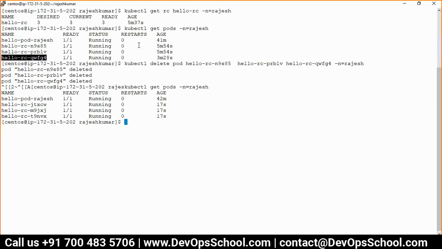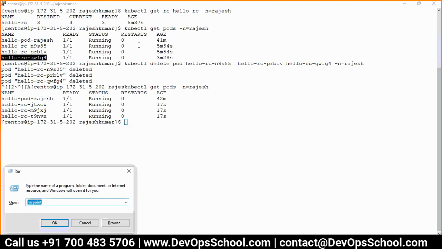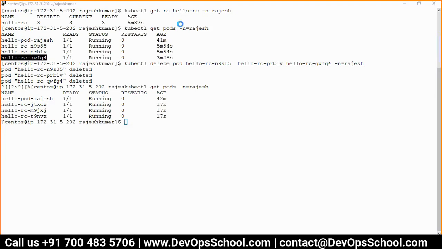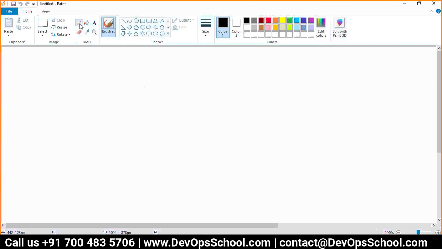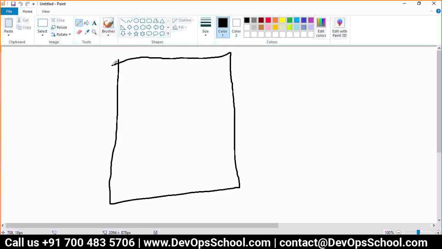Yeah, but how does it get the source information? I mean, it will replicate, but replicate from where? When you delete it, will it have a carbon copy? No, you forgot again. Let me remind you. It's in the cluster storage.